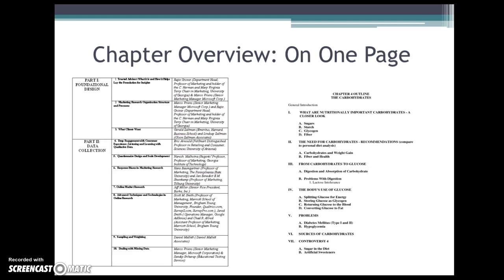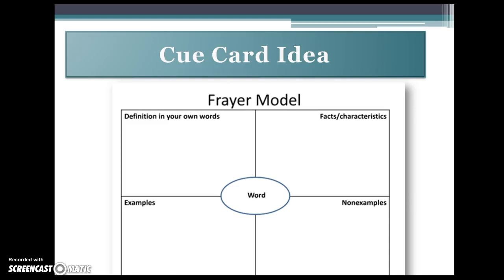The cue card that we're going to be learning more about is called the Frayer model. In the Frayer model, you can see here, you put the definition in your own words. You write the characteristics about the new term, you give examples, and the non-example means something that's usually confused with or similar to the word. Sometimes, if people are confused about that, it will help them. For example, if the word was mitosis, the non-example might be meiosis. And what's the difference? Because sometimes students get confused with different words like that.